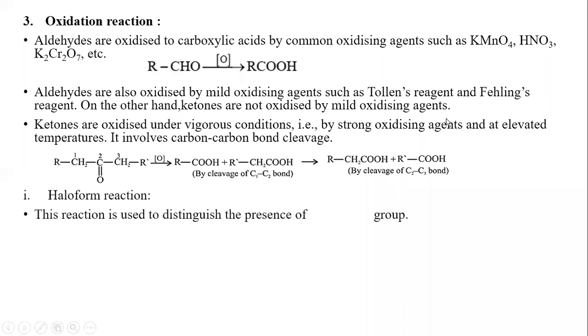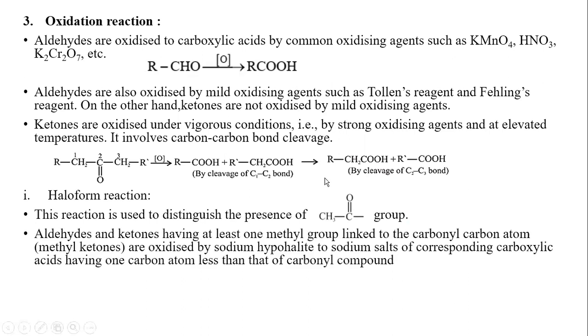Haloform reaction is the reaction which is used to identify compounds which contain the CH3CO group. In this reaction, the carbonyl group must have a methyl group attached to it, and compounds containing the acetyl group give the haloform reaction. If the acetyl group in the compound is absent, that compound is unable to give the haloform reaction. This reaction is given by both aldehydes and ketones.